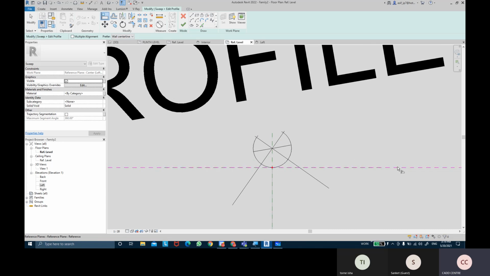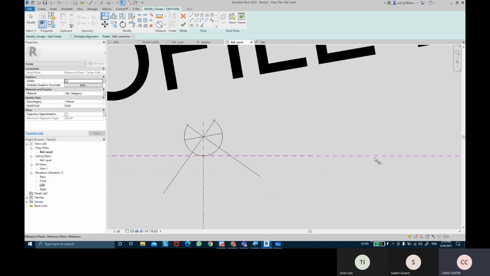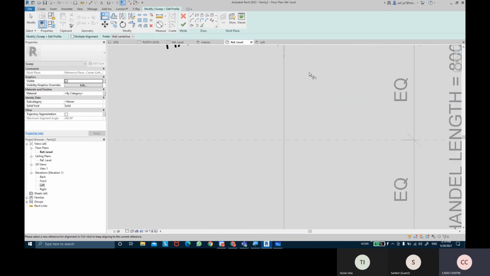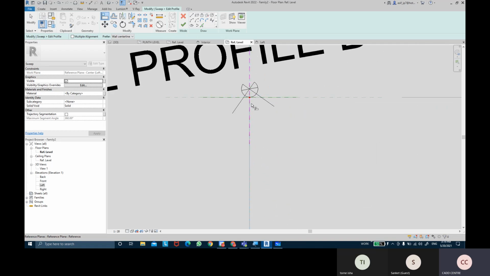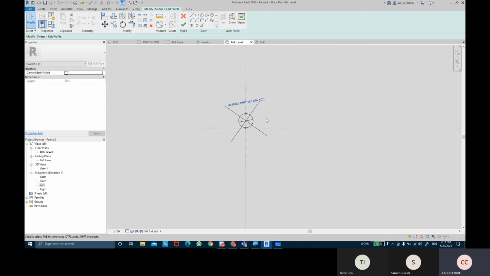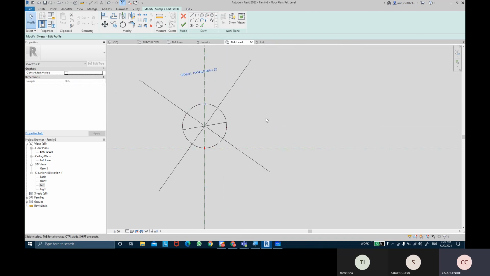Make sure that it stays in that position. It should not move, at least. So I'm going to just align it and lock these lines, so that my profile dia doesn't shift anywhere from there.